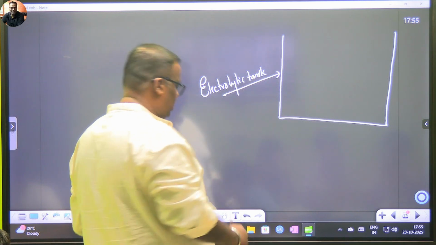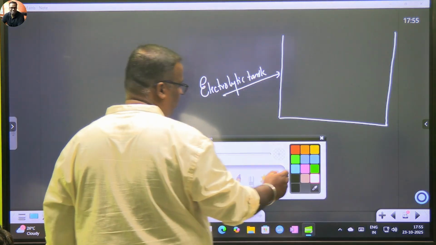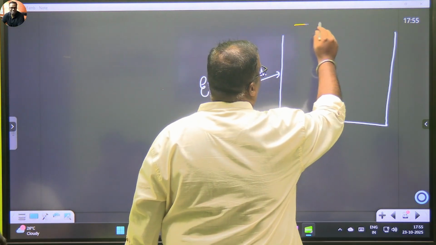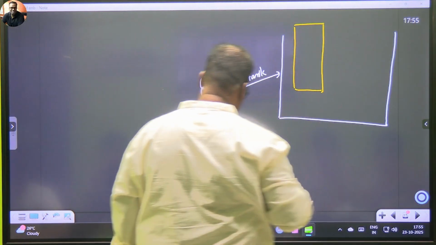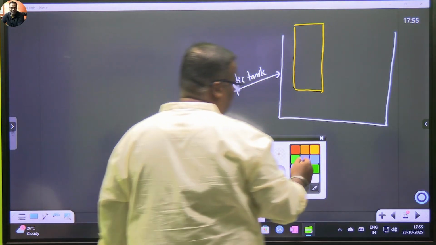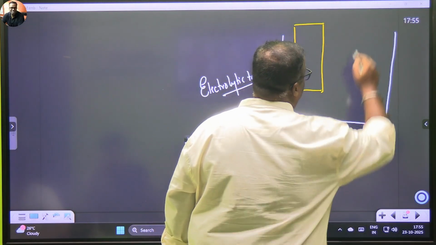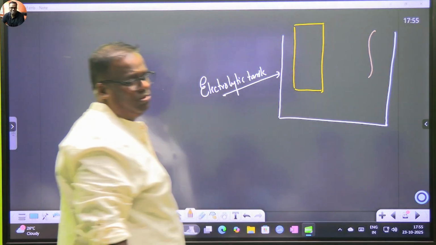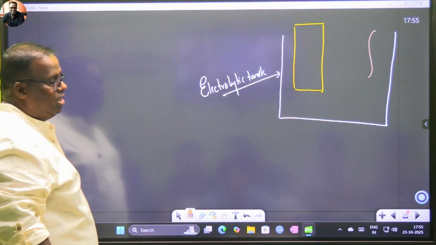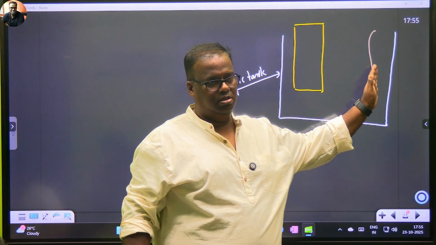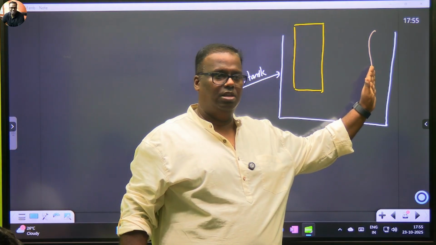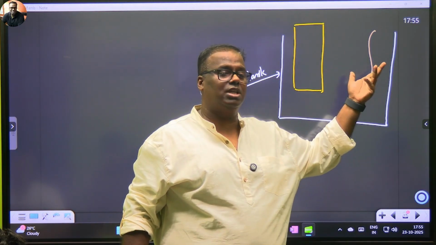In an electrolytic tank, the process we follow is this: we take impure copper in this manner. This is my impure copper, and you have to bring a strand of pure copper. Let's say this is my strand of pure copper, very thin. Now apply your knowledge. You want copper from here to go here, and copper will go as ions. Metals are what? Positive ions, cations.